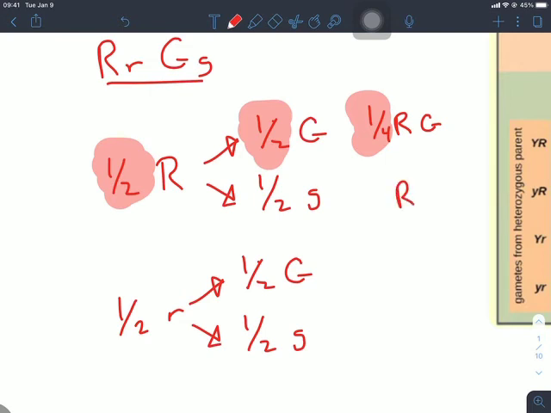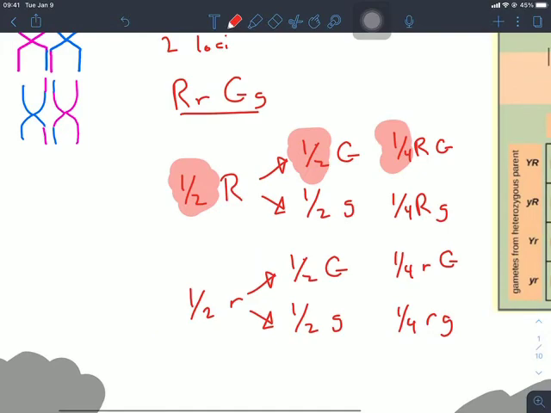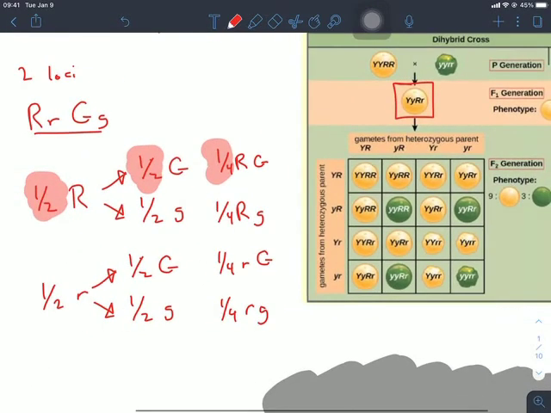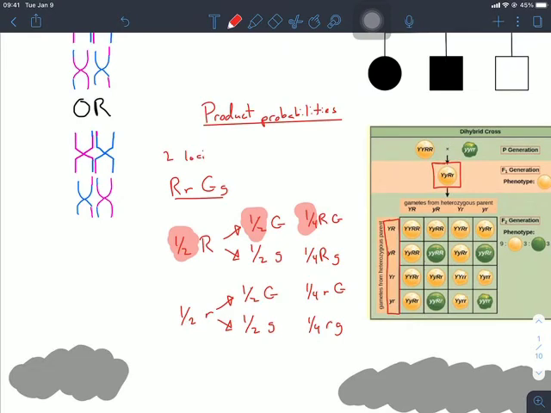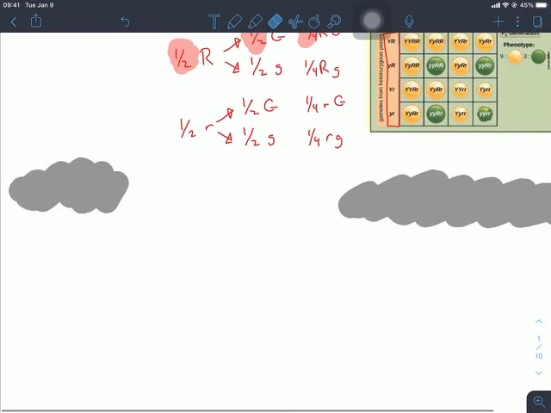Uppercase R with a lowercase g, again 1/4. Lowercase r, uppercase g, lowercase r, lowercase g. Now all of these frequencies should be very, very familiar to you because they're what we have when we look at our sides of our Punnett squares. So hopefully a good recap for you. You're definitely going to need to know this without any questioning in order to take on our next task, that being